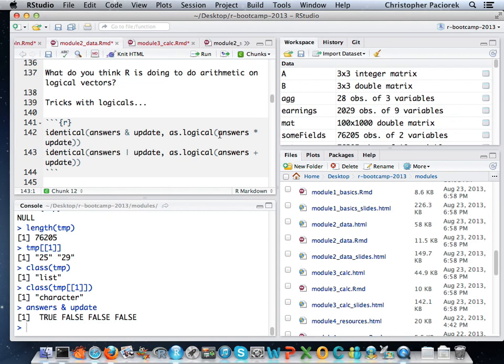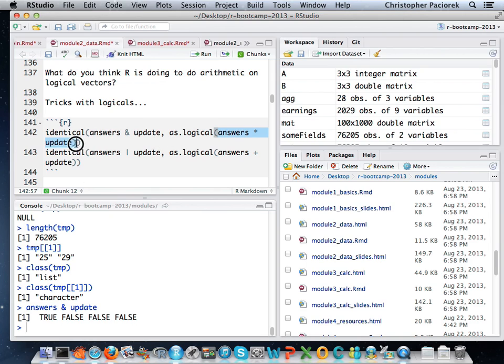So I can do this sort of Boolean arithmetic as actual arithmetic, because if I multiply falses and trues together, they are going to get coerced to being 0s and 1s, because that's what R is going to do behind the scenes, because when it sees a multiply, it knows it needs numbers. And the only time I'm going to get a true is if I have a true and a true, because that's the only time I get 1 times 1. Otherwise, I get a 0, because if I have at least one false, I'm going to get a 0 multiplied by either a 0 or 1. That'll give a 0. So this gives the equivalent.